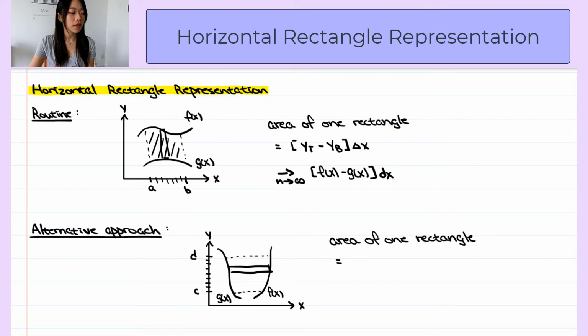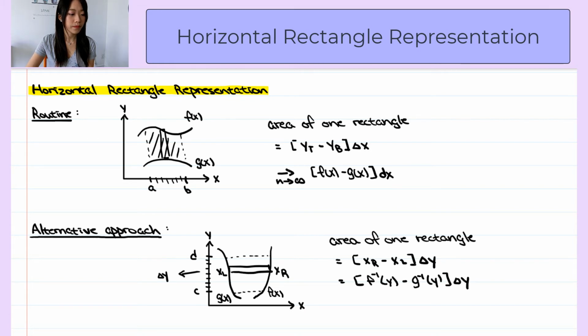And we also subdivide the interval, but now the interval is on the y-axis, and let's call the width of each rectangle delta y. And let's call the x value at the right xr, and the x value at the left xl. So the area of one rectangle is the height, xr minus xl, and the width is delta y, which equals the inverse function of f of x minus the inverse function of g of x